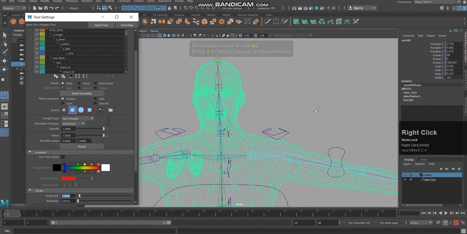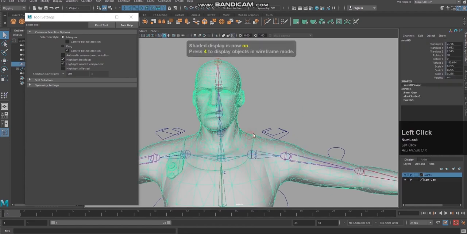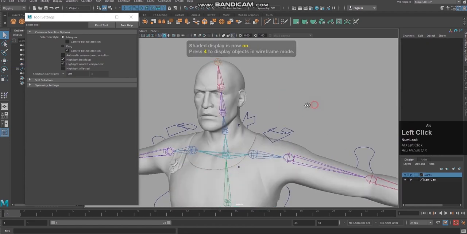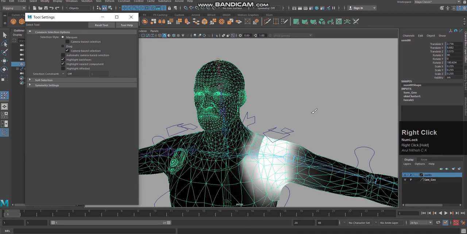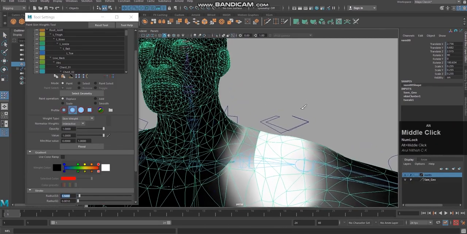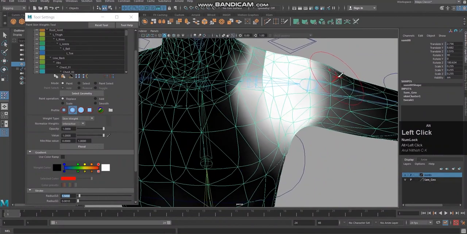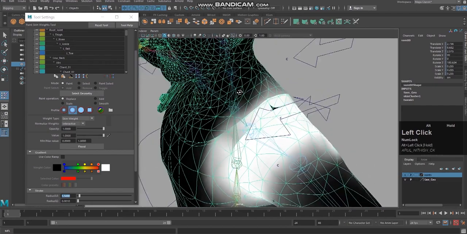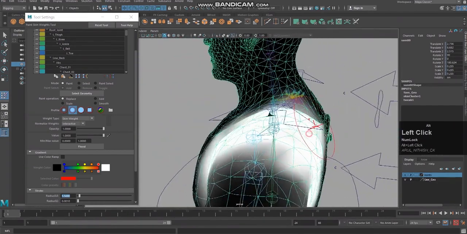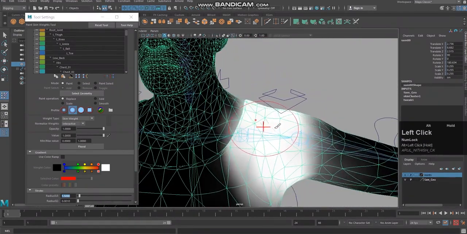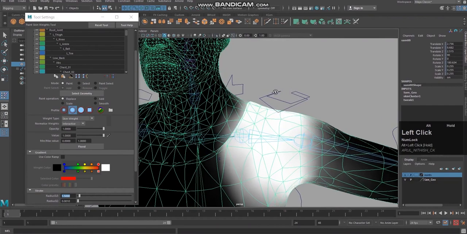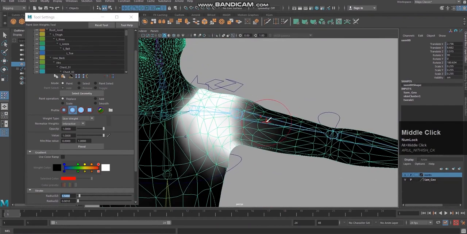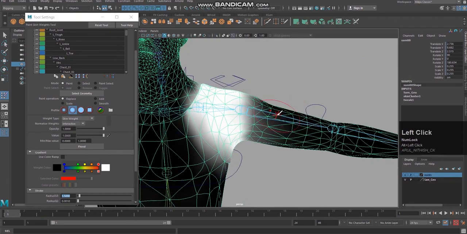So this is how we need to apply influence. We need to give influence for each and every joint, sorry, each and every bone.